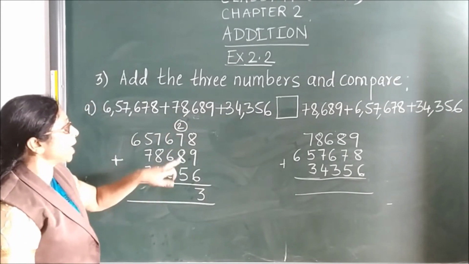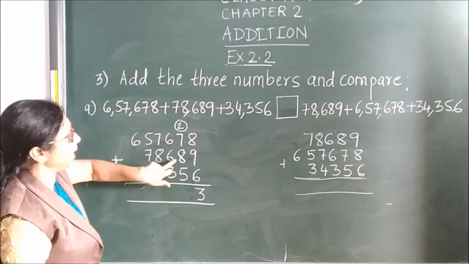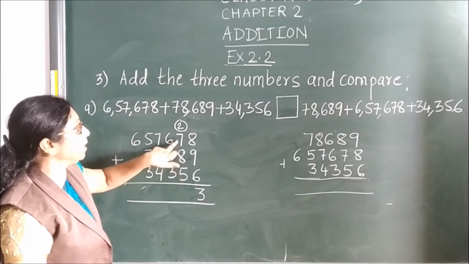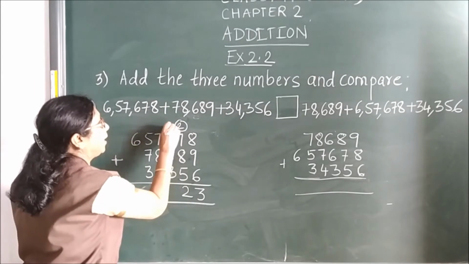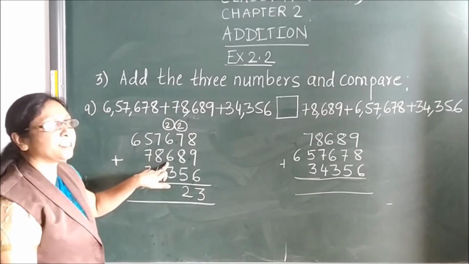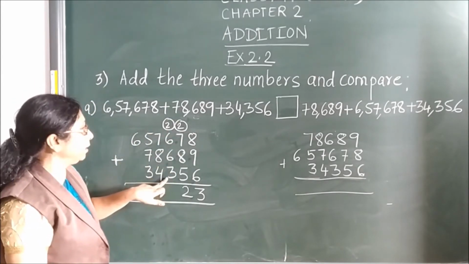Okay. Then you have here, see 8 plus 5, 13, 13 plus 7, 20, 20 plus 2, 22. Then we have 6 plus 6, 12. Then 13, 14, 15,